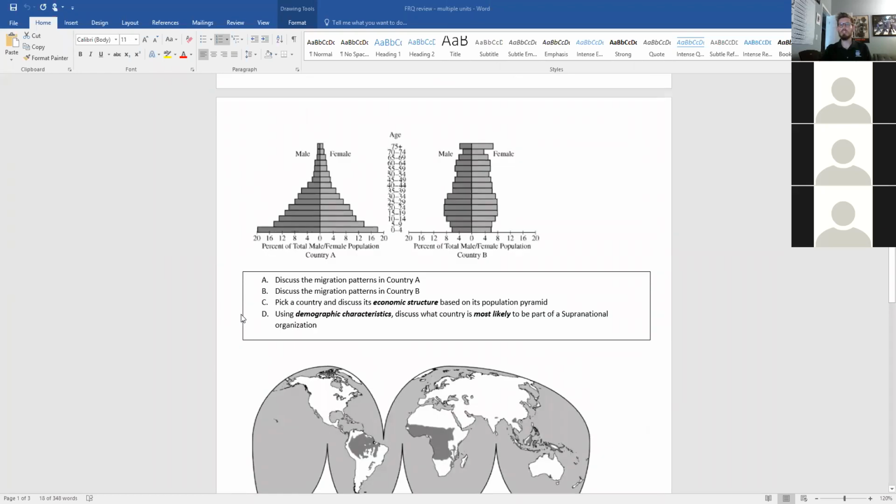All right, now we're moving on to the population pyramid one. This one was very straightforward. I tried to, like I said, pull other units. So what are the migration patterns in country A and country B? Well, right away, you should have been able to identify that country A is,